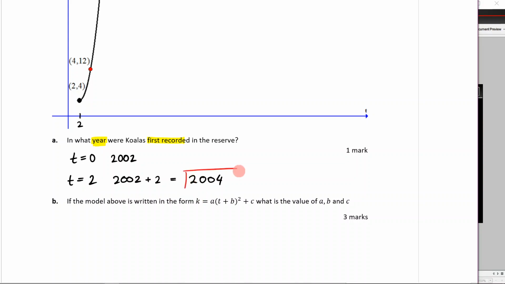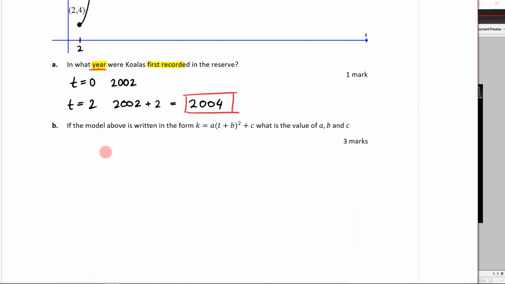The really important thing here, and what people make mistakes in, is they just leave their answer as T is equal to 2, and they're not reading the question. It says, in what year were the koalas first recorded in the reserve? Next,